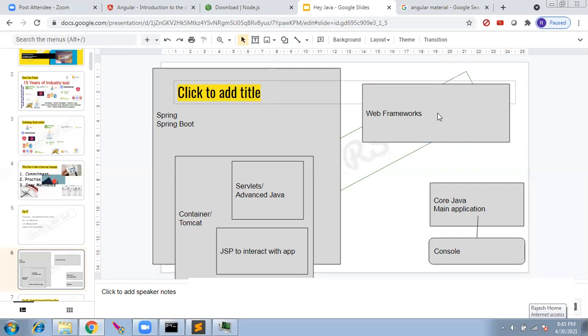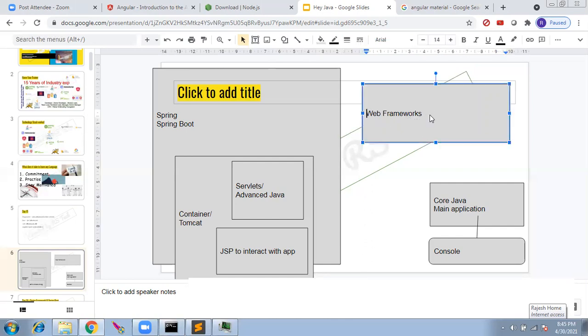Actually, Laravel is a PHP framework. So web framework's main purpose was: I will be focusing only on the user interface layer. I will not focus on the business logic or server or how it is hosted, all those things. You take care of all those things. That is why the web framework came.